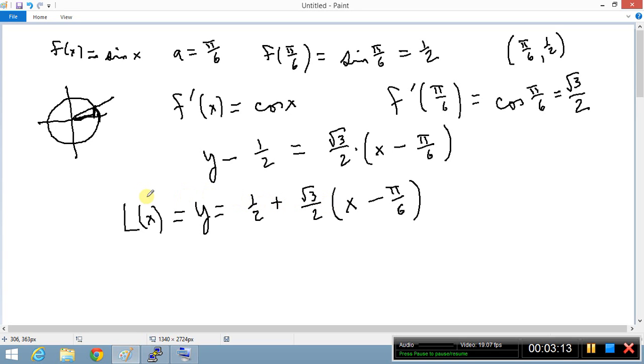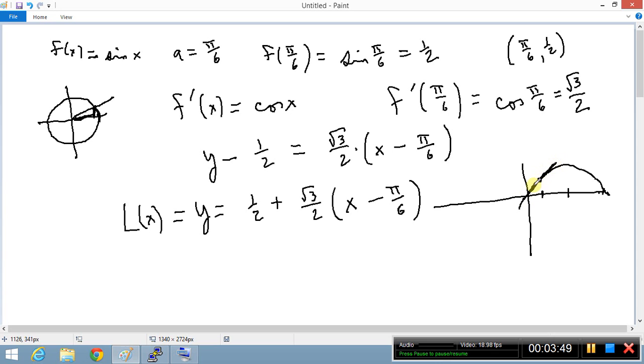And if you were to graph the sine function, the sine function looks like this, and this point would be pi over 2, and this is pi here, so if you think of 1/6, this is 3/6, so 1/6 of the way would be about here. So at this point we are at y equal to 1/2, and the tangent line would be this line right here,